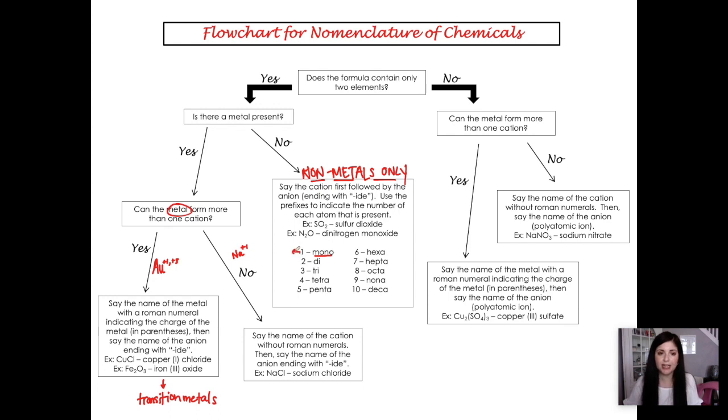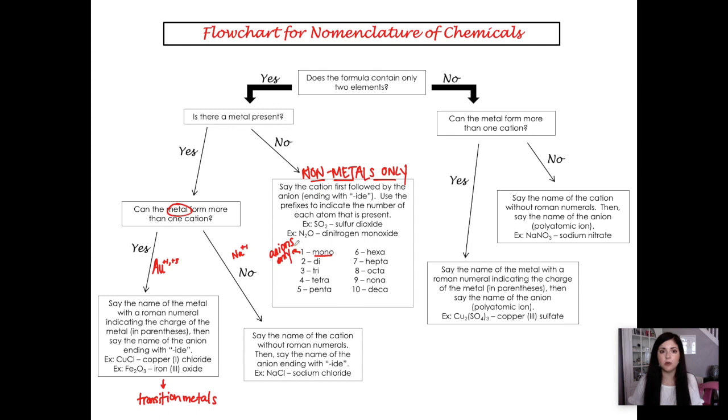And I'm just gonna say anions only. Your anion, of course, is that negatively charged ion. Anions only, you use mono. So sulfur, and then dioxide, because di is the prefix for two. So 2 oxygen atoms. For something like dinitrogen monoxide, N2O, you do have to use that prefix for nitrogen because there is more than one. Dinitrogen, 2 nitrogen atoms. You do use that mono for oxide in that case, because again, you use that mono